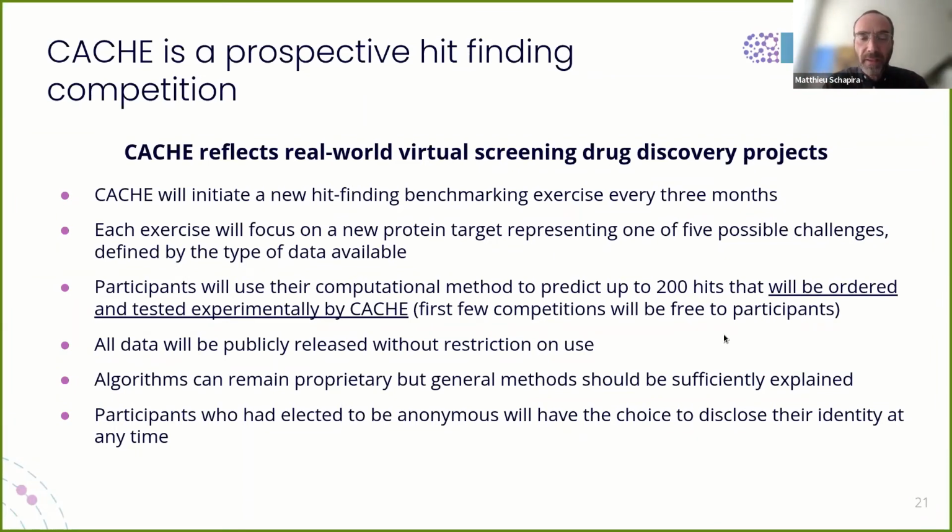Then the second filter is there will be a double-blind peer review where each participant will be asked to review 5 methods. So only the method will be presented, not the name of the participant, and not just the description of the method. And we'll ask other participants to say, is this method sufficiently described? For each method we'll have several participants who will have to say yes or no, it's sufficiently described or not. So that's the second process, and the third process will be an independent evaluation committee that will make the final call